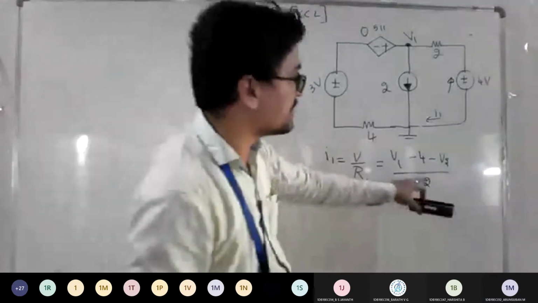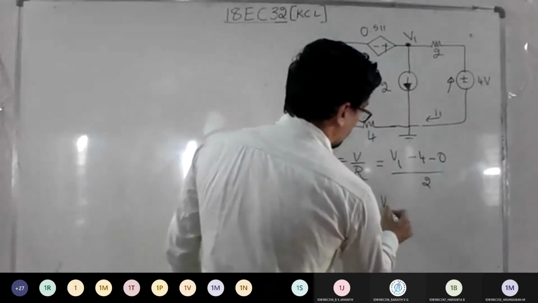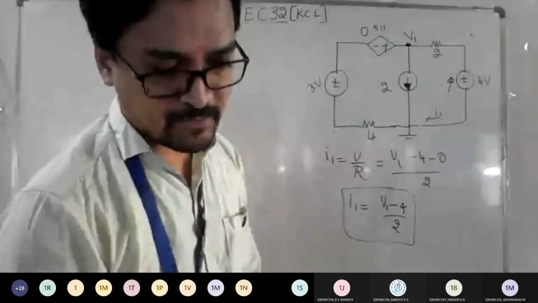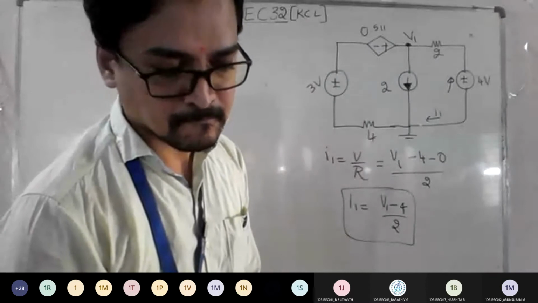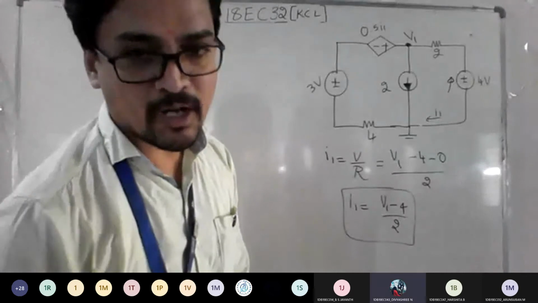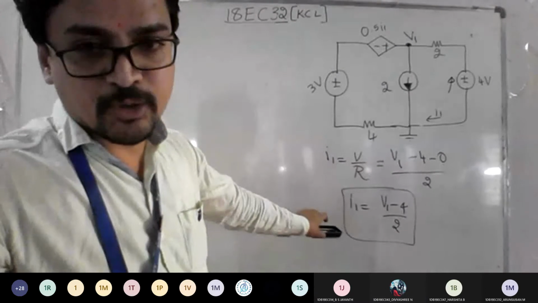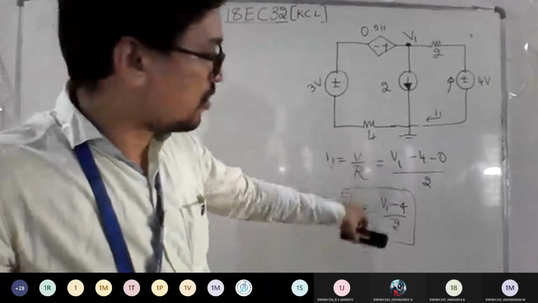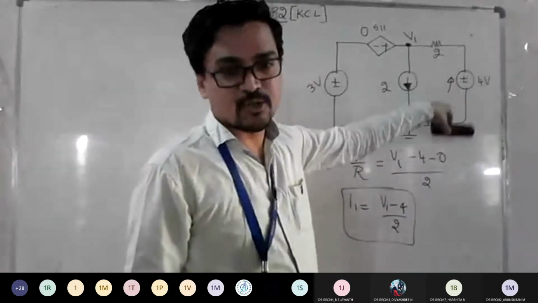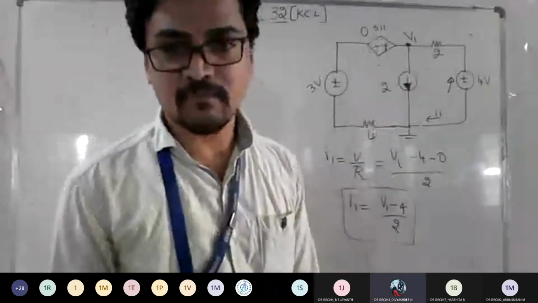Yes, sir. So what is Vs? Nothing but ground, so I can put it as 0. So what is left out? I1 is equal to (V1 minus 4)/2. So wherever you find I1, you need to substitute this. Is it clear to everyone? Did you get the step first of all? If we are able to do this, then the remaining procedure is the same. Only while writing this will you make mistakes, so stick to the procedure. I1 is across this path, so across this path you take V by R logic. Take the voltage, subtract, and divide by the value of the resistor.